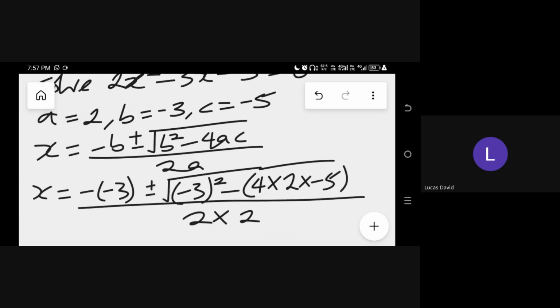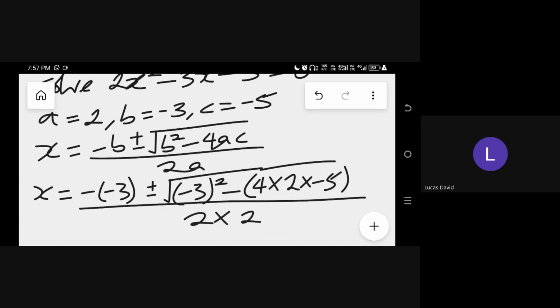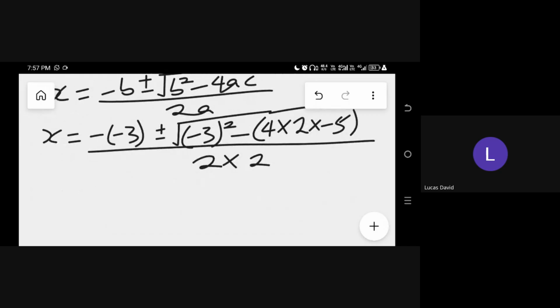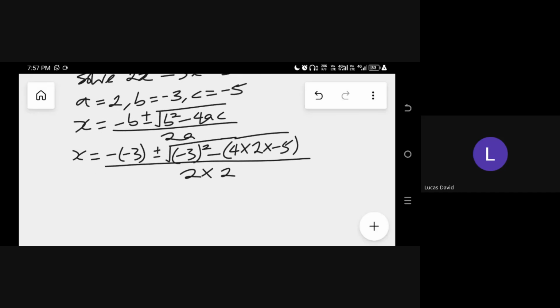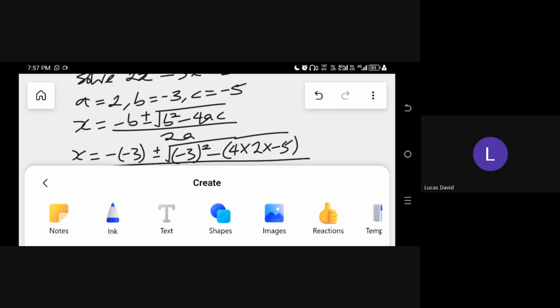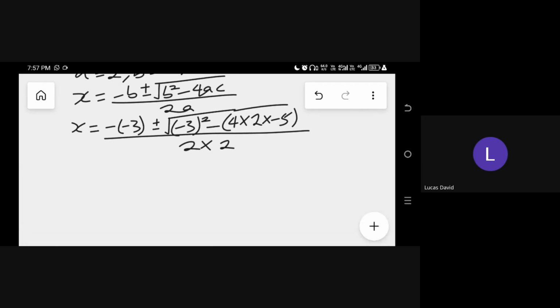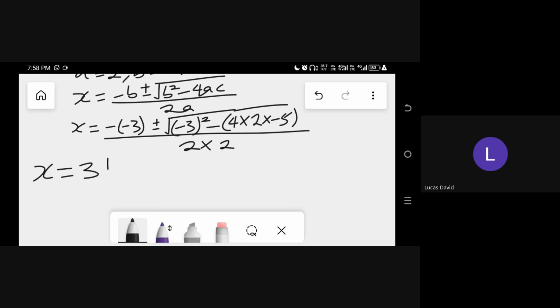2A. A is 2, you can see it there. A is 2, so all over 2 times 2. Okay, then if we continue, we'll have that S is equal to minus times minus, that gives you positive 3 plus or